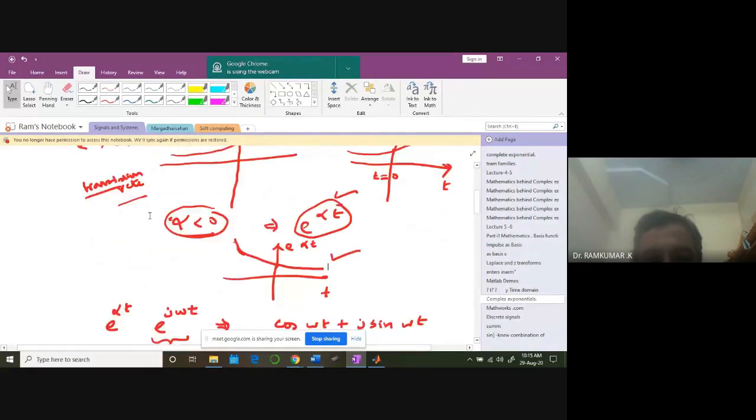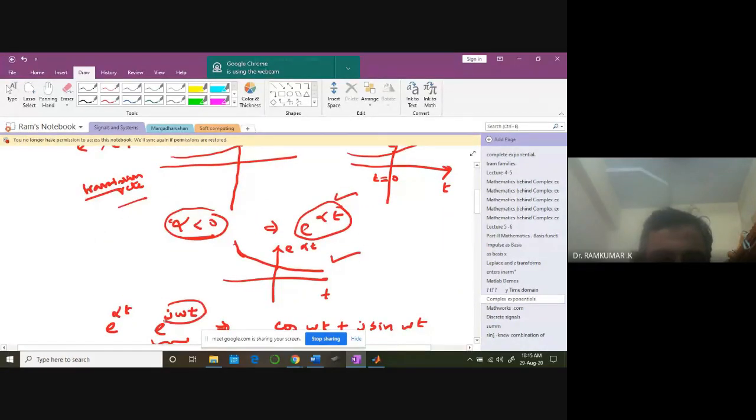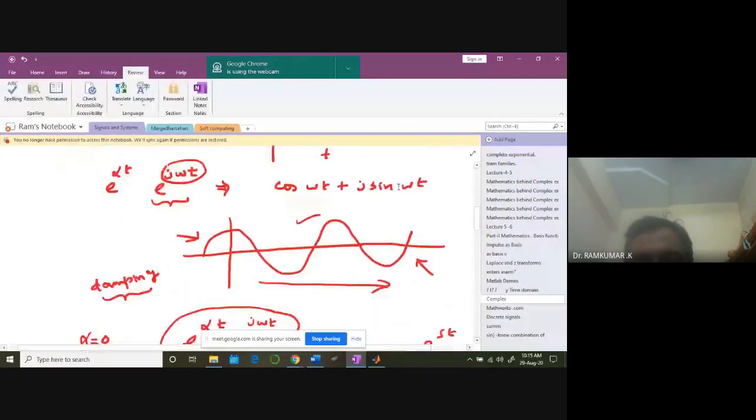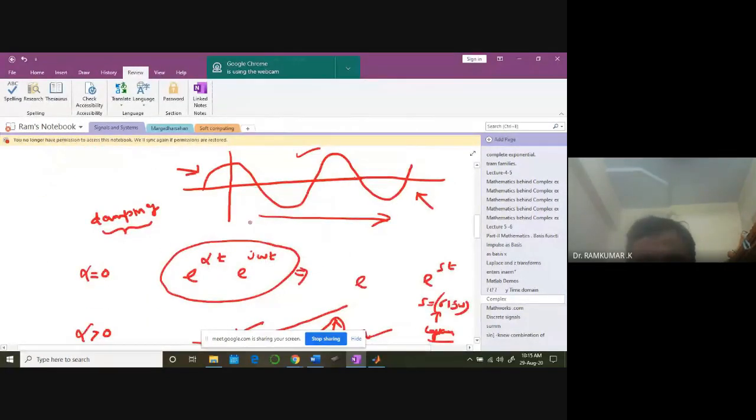The complex power is going to be the exponential of some complex number, and here I'm going to have only a pure imaginary part. See, normally you'll be writing a plus j omega, where a is the real part and j omega is the imaginary part. When I have a pure imaginary part, you know the signal is a rotating vector. It's going to be cos omega t plus j sin omega t.